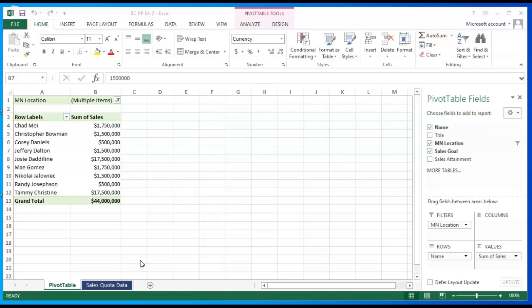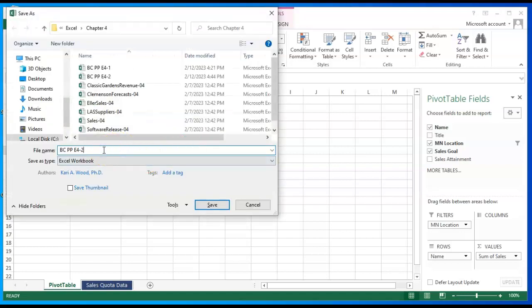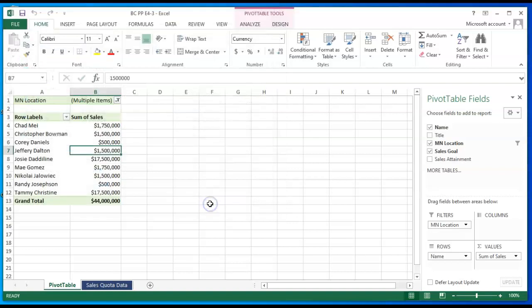Because the workbook has data connections, editing has to be enabled. So you should open your Pause and Practice 4-2 file and click Enable Editing, and then save the workbook as your initials PPE 4-3. Then click on the Sales Quoted Data Sheet tab,